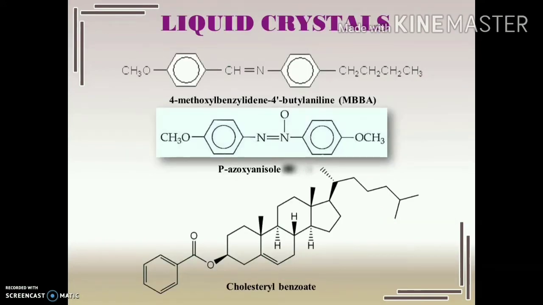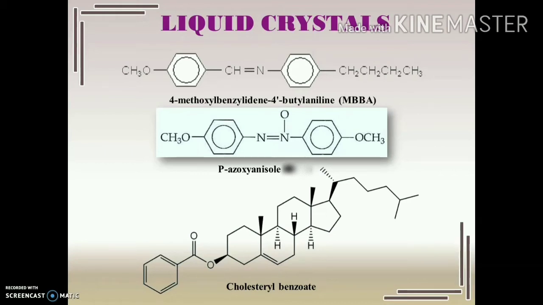Moving to the examples of liquid crystals, which can be found both in the natural world and in technological applications as well. Most of the contemporary electronic displays use liquid crystals. The lyotropic type of liquid crystal phases are abundant in living systems but can also be found in the mineral world as well. For example, many proteins and cell membranes are examples of lyotropic liquid crystals.